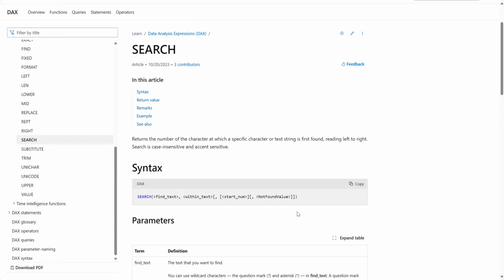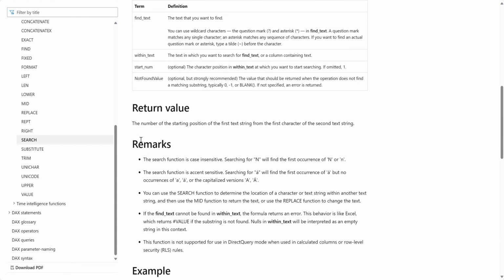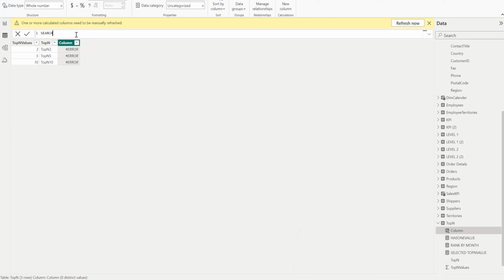And then you should specify a not found value. So I'm just going to put down 0. What that means is that when the name that you specify is not found in that column, then next to that row is going to be written 0, or whatever value you specify in the not found value. So let's check out the return value. The number of the starting position of the first text string from the first character of the second text string. So this is all going to make sense to you once I make a new calculated column